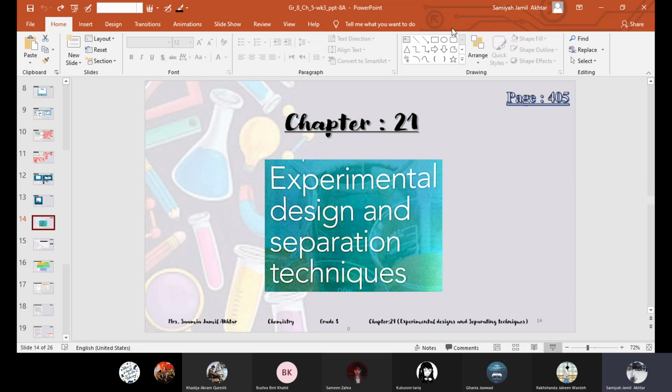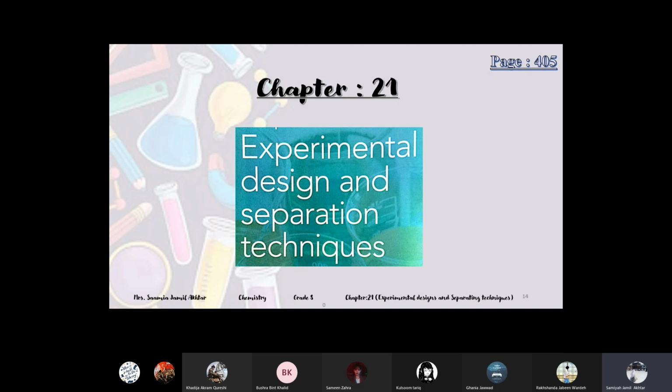Okay, you studied some of them in grade 6, and fractional distillation for the crude oil you studied in grade 7, right? And I think crystallization also. Crystallization, you did it? Grade 6. Yeah, crystallization too. There is only one topic which is new, chromatography. The name seems difficult. Chromatography is the last topic of this chapter.